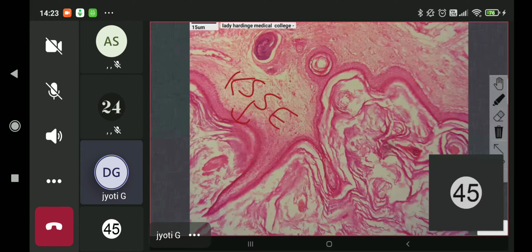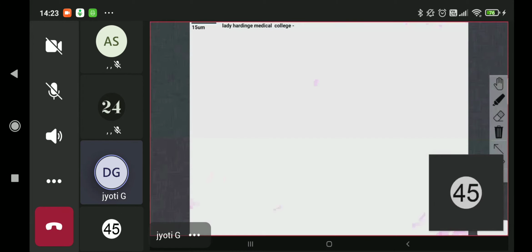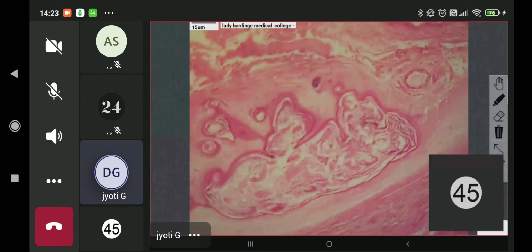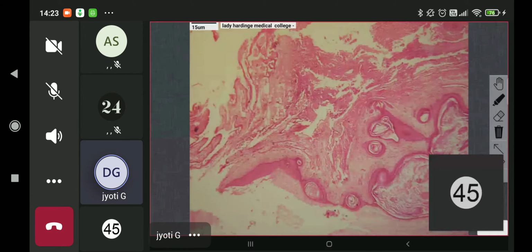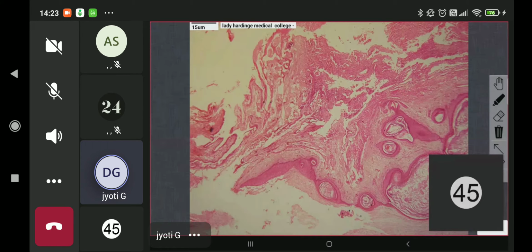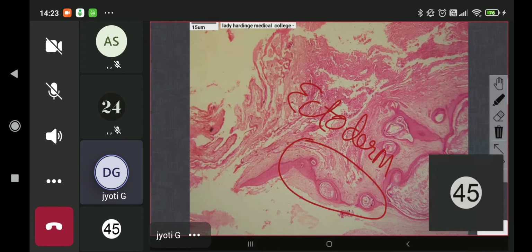Okay, so now let's see what else is there. We haven't seen tissues derived from endoderm till now. So I will show you that. See here, you can see structures like skin appendages also. So this is all ectoderm. Can you see? This is what you see normally in skin. Hair follicle. This is looking exactly like skin, right? Keratin filled cysts, hair follicles. Some sebaceous glands are not seen in this particular slide.